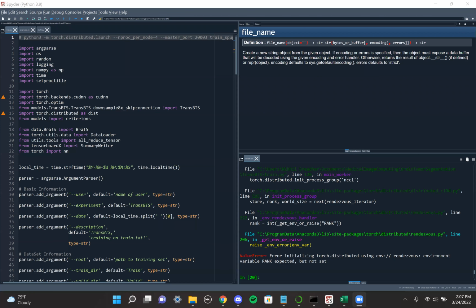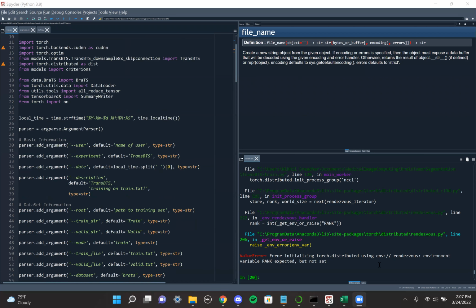If you want, you can share the screen so everyone can see it. This is a common issue, maybe we can have a discussion. Yeah, sure. I found it. Let me share the screen. You guys can see? Not yet. Okay. Yeah, so I'm trying to run this and then I get this weird error, I've never seen this, torch distributed: rank expected but not set. Is this because